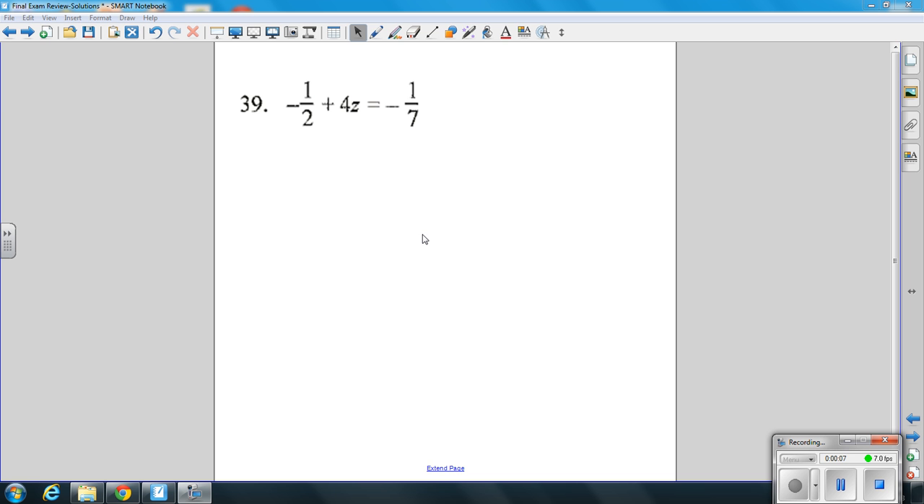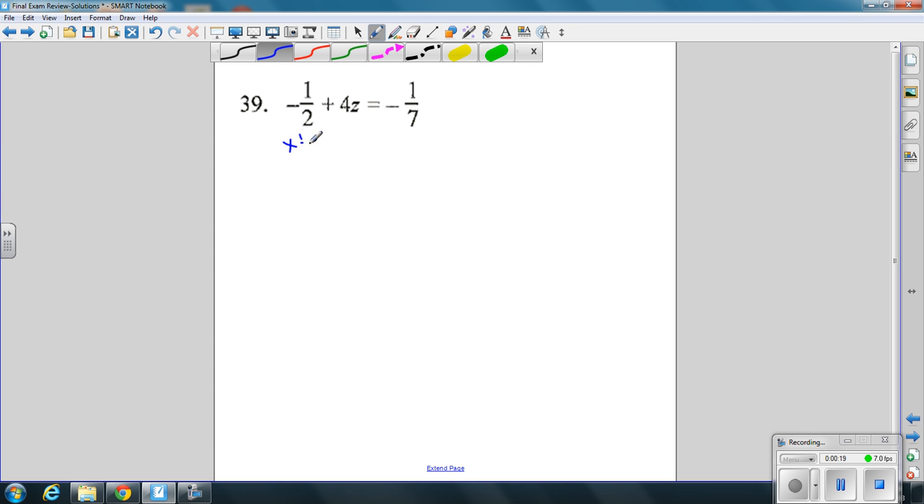Here we have negative a half plus 4z equals negative 1/7. So what we'd like to do first is try to get this term with the variable by itself. So we're going to add 1/2 to both sides. Okay, so 1/2. We're going to take 4z